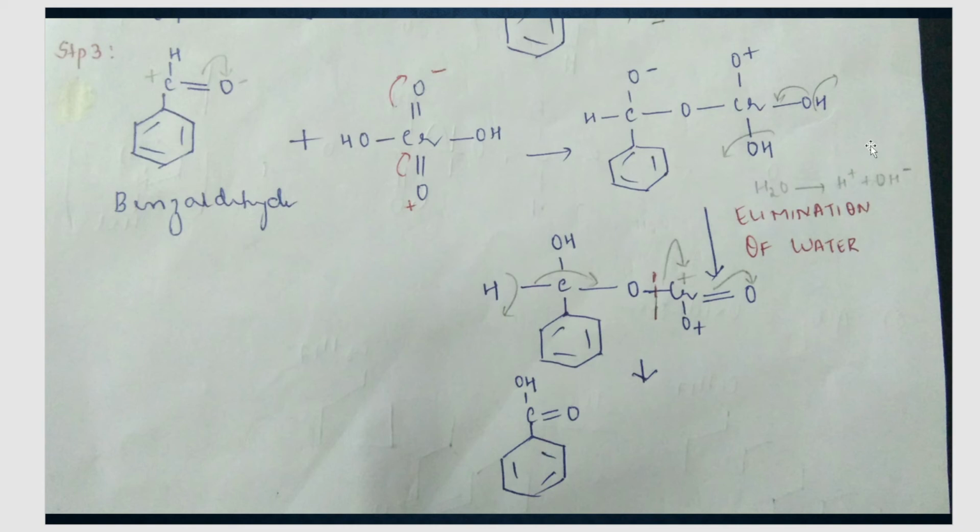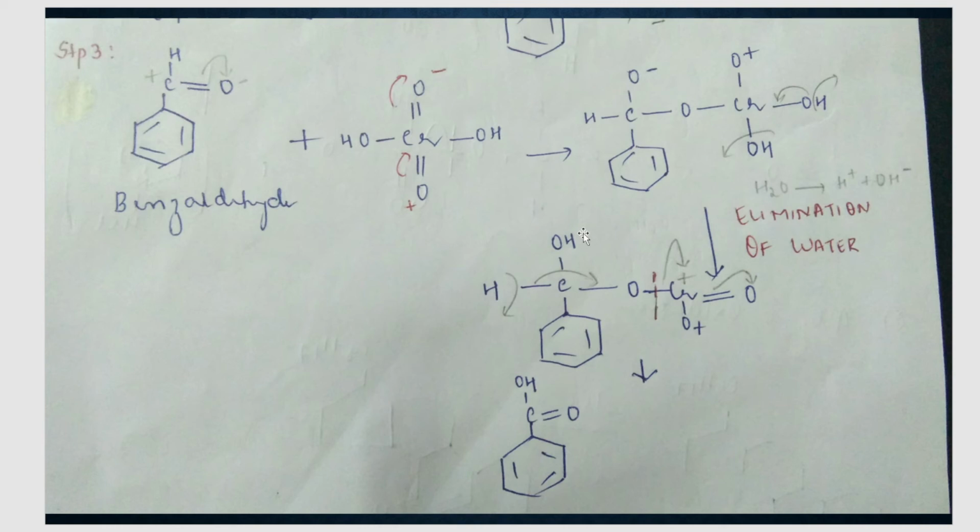Now, can you do elimination of water here? Yes, whenever you have two OH groups like this, you can eliminate water. Remove one OH from here, remove one H from here. So there is elimination of water, and this bond gets shifted over here as double bond O on chromium. And since water has got eliminated, water will again dissociate to give what? H plus and OH minus in the reaction medium. And this H plus again will come and attach over here. You know that there is O minus here. That will come and attach over here. Okay. So in the next step, you can see that this was O minus in the previous step. Now it has OH. That H plus came and got attached over here.